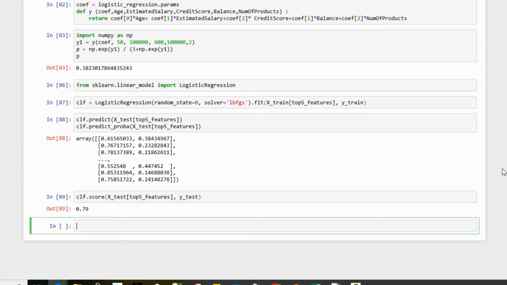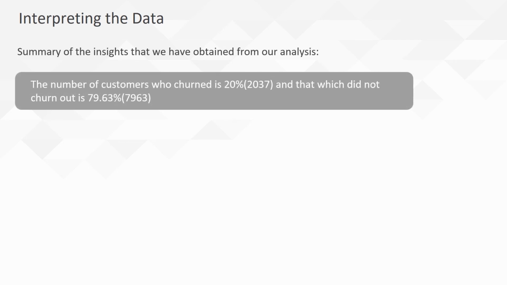Lastly, we used sklearn's logistic regression to predict our test data and scored an accuracy of 79%, which implied that our model was able to predict 79% of the test data correctly. We will study more about how to check the accuracy of a model in the next lesson. The last part of our analysis is interpreting our data, which is summarizing the insights that we have obtained from our analysis. The number of customers that churned is 20.37%. That makes 2,037. And that number that did not churn out is